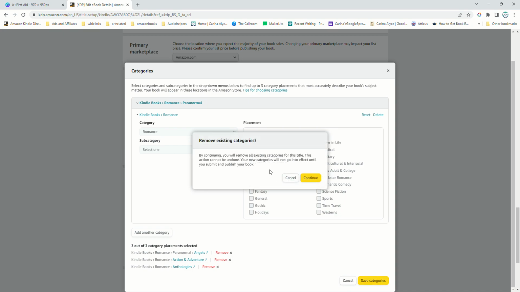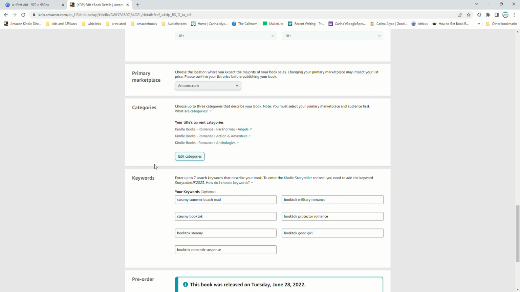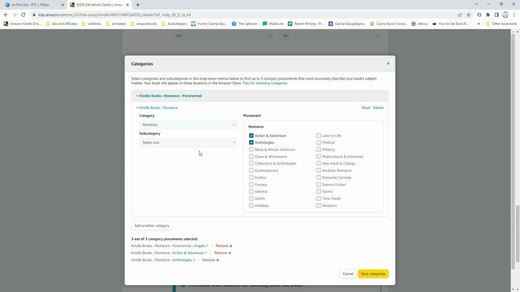And it says this is going to remove all your removing ones. Yep, absolutely, go ahead. All right. So now it has my categories. Okay. If we go back and edit it again,